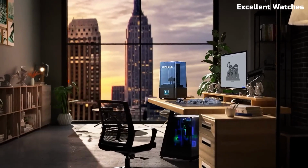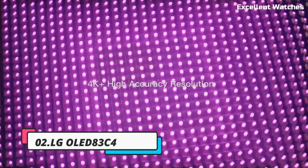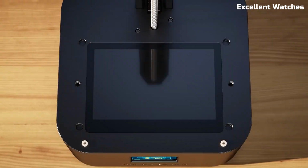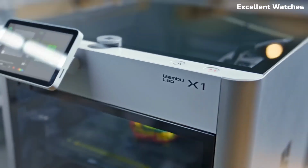Looking for the best 3D printer to bring your ideas to life? Whether you're a hobbyist, a professional, or just getting started, we've got you covered. In this video, we'll count down the 5 best 3D printers you can get right now, each packed with amazing